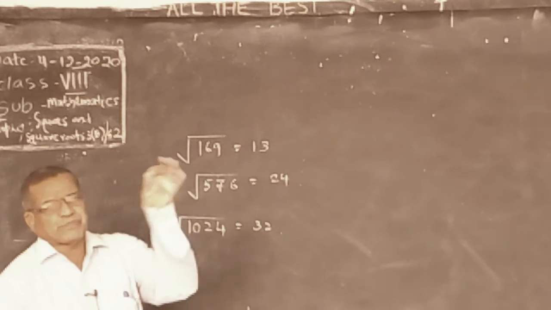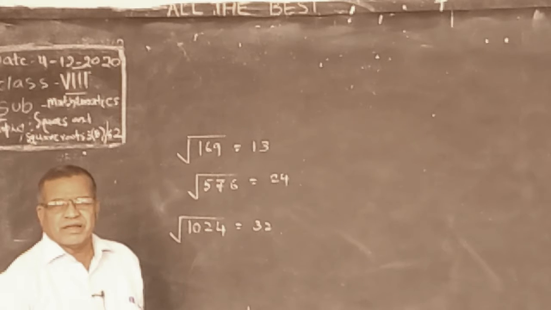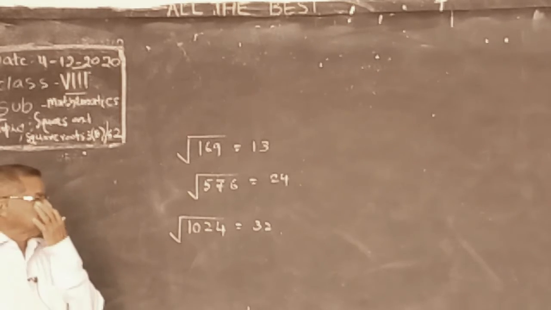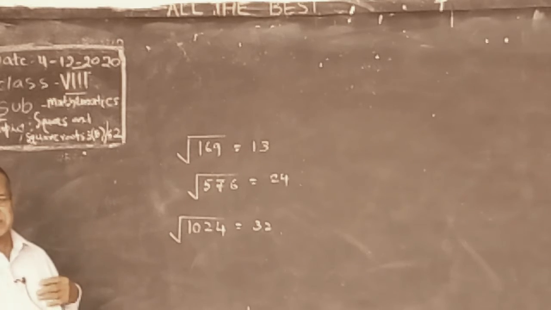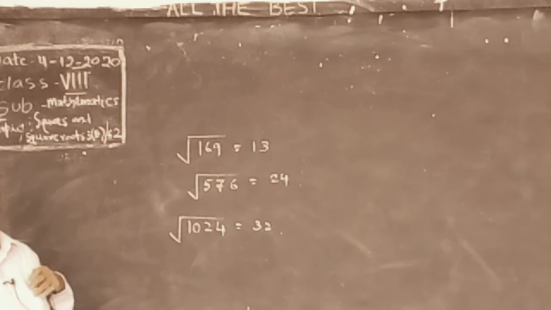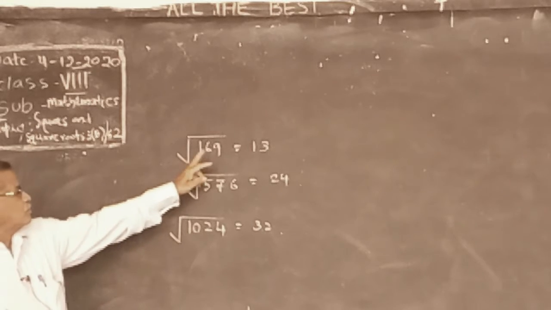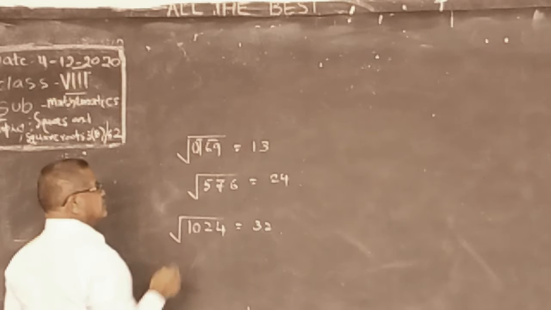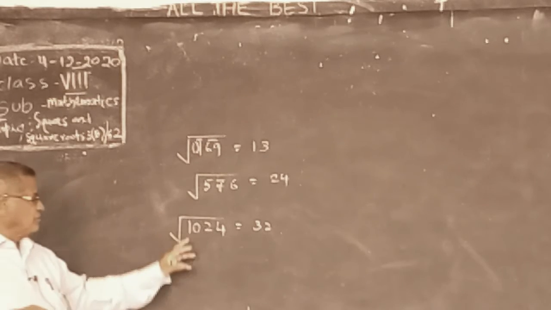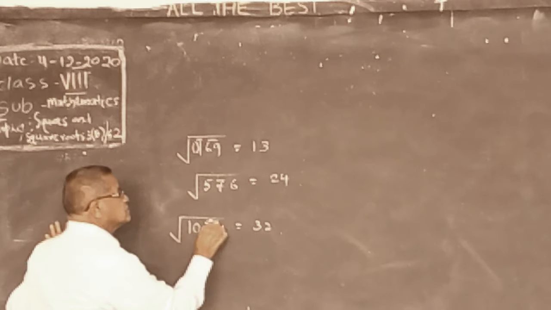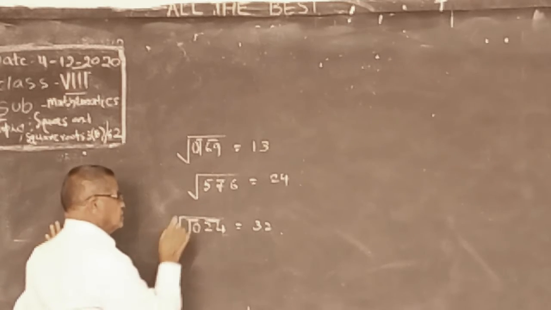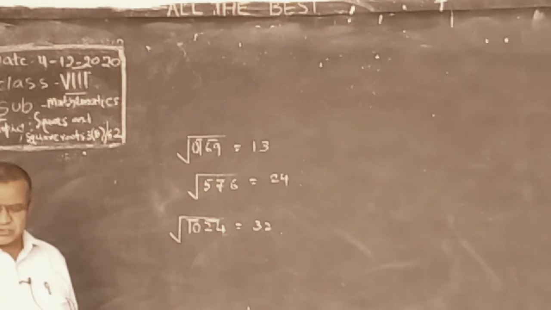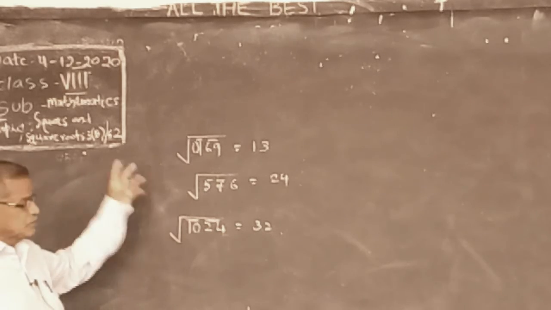So you take pairs and make half. For 6 digits there are 3 pairs, so we get 3 digits in the root. If there are only 2 pairs, as in 69 and 1, we get 2 digits. For 4 digits also, there are 2 pairs. For every pair we are getting 1 digit in the root. Like that you do.